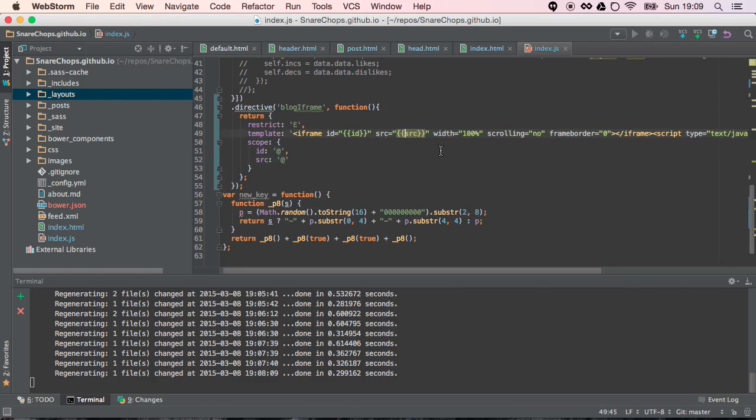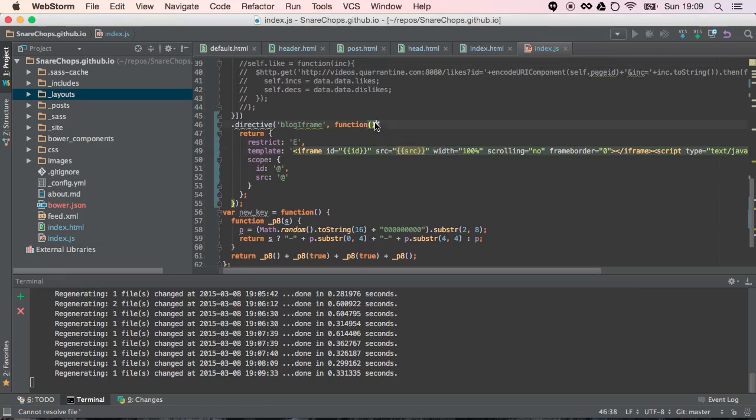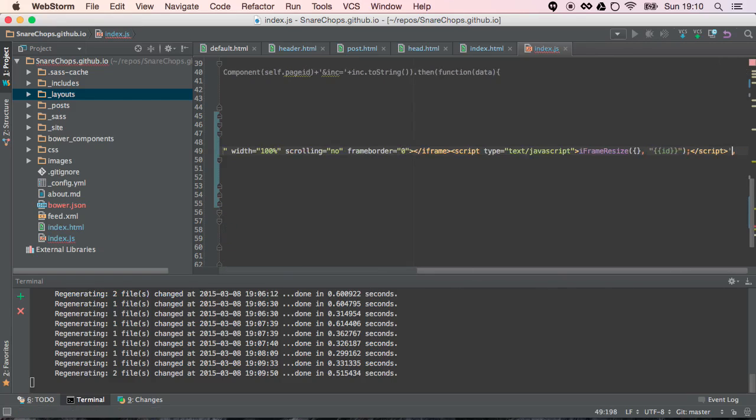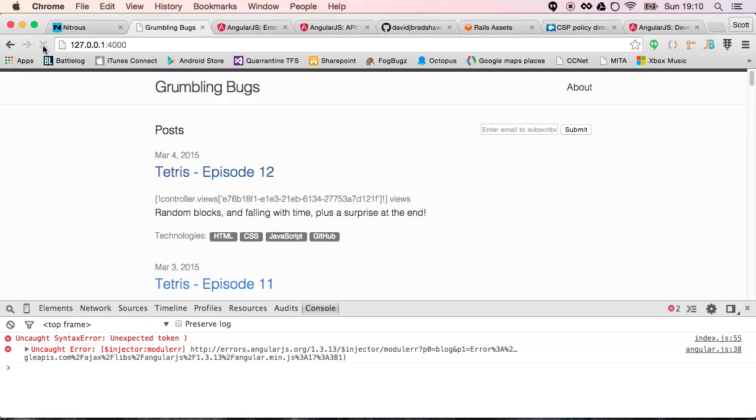So what was it? $SCE. I guess we need to pass that in. So we will $SCE and $SCE. And then we can $SCE trust as resource URL and save the file. Now when we refresh the page,